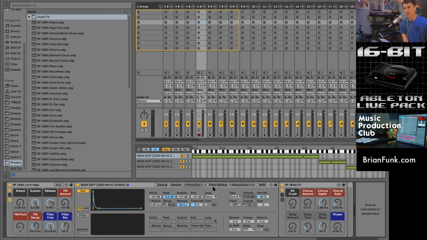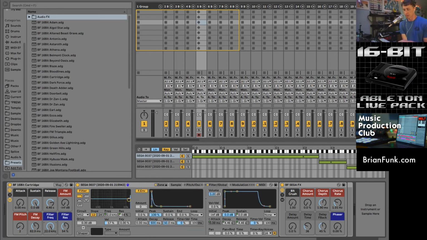And there's the filter. So I've got a filter here. There's no filter on these sounds on the Genesis, so you kind of get what you get. You can't really do filtering, but I thought this helped give you a lot of control over the sounds. So we've got control over the filter here. It's a low-pass filter. And this can be a nice thing to combine with the frequency modulation,